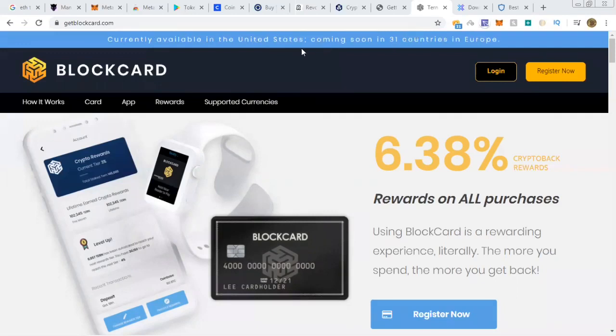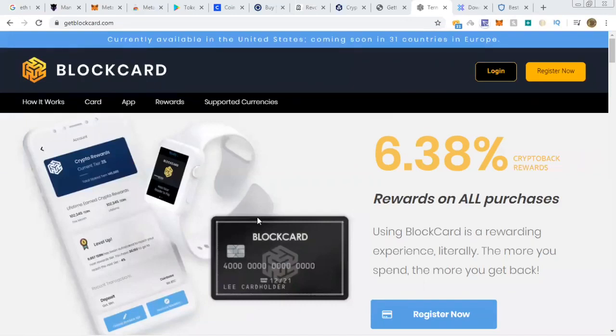But with the Corona situation, they did have to dial back their schedule with respect to getting regulators to sign off on various things with compliance that they needed to do. But it will be available in 31 European countries. So this is an option. You can even register. I already have people who've registered using, because I have of course an affiliate link, who've signed up and they've registered,